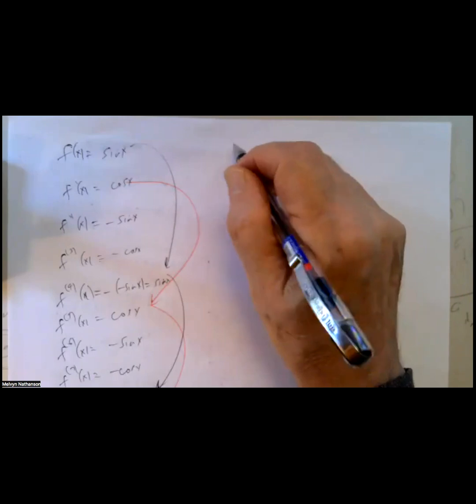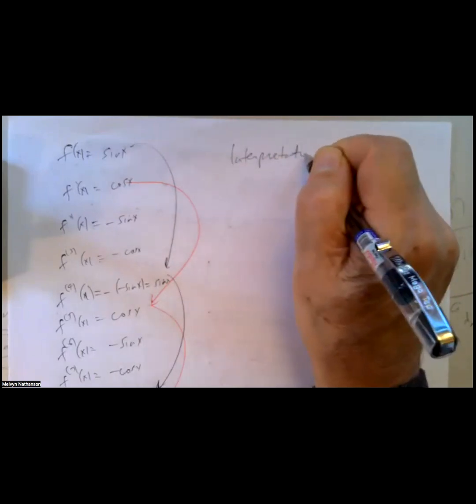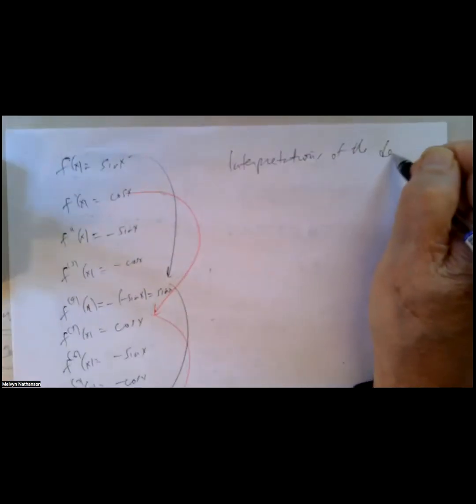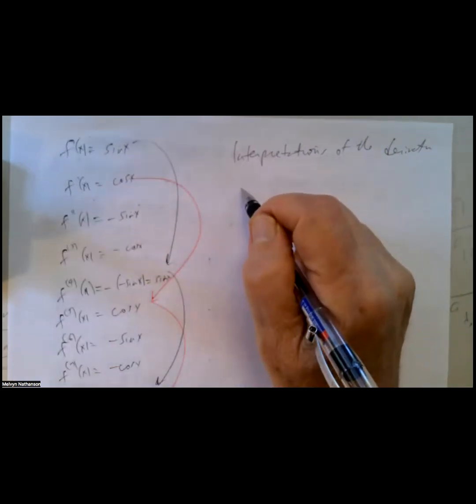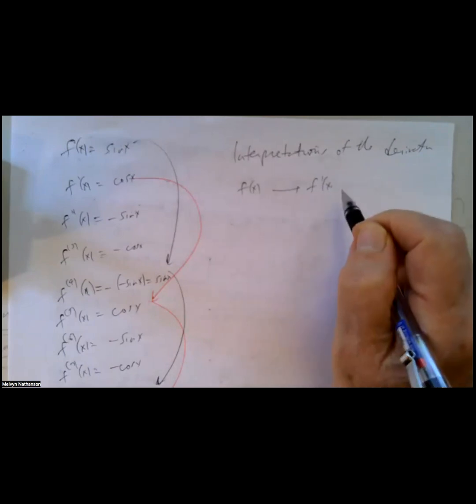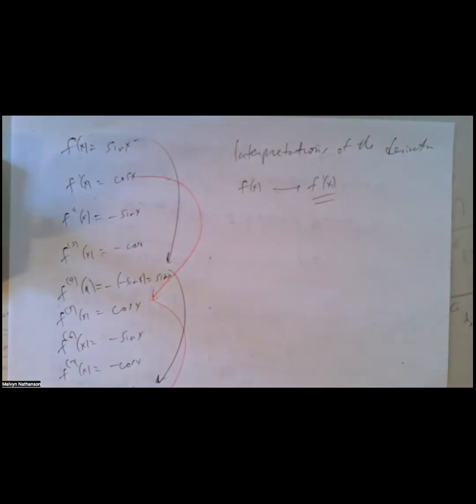So let's just review two things, or interpretations, of the derivative of a function. That is, if you have a function f of x and you compute the derivative, what does it mean? So we have seen